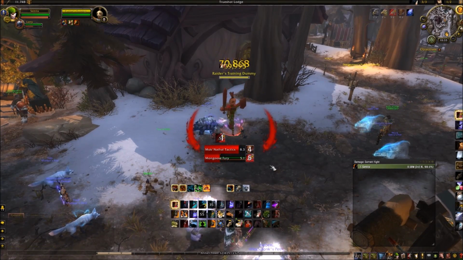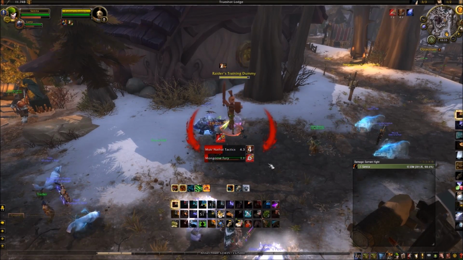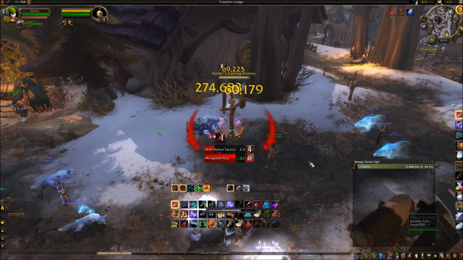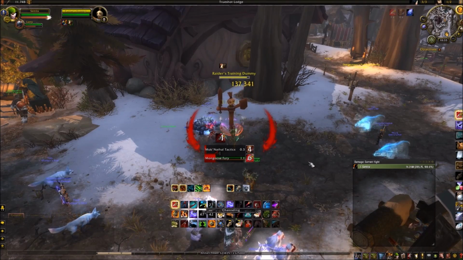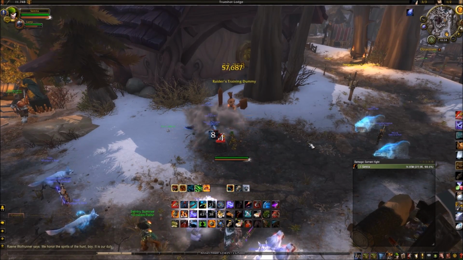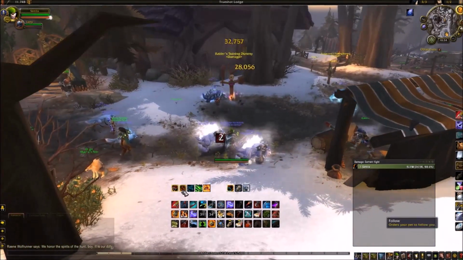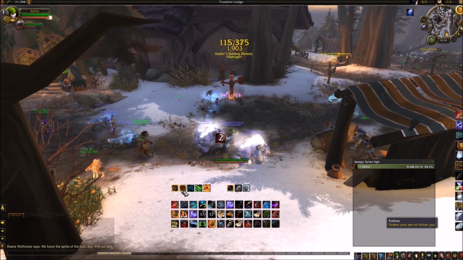and just make sure to keep your Mok'Nathal Tactics up, and then keep spamming Mongoose Bite, and then if you run out of Mongoose Bites, you do Flanking Strike, and just before your Mongoose Fury runs out, you want to use your artifact ability, which is Fury of the Eagle. I didn't do the whole rotation properly there, but before you do Fury of the Eagle,